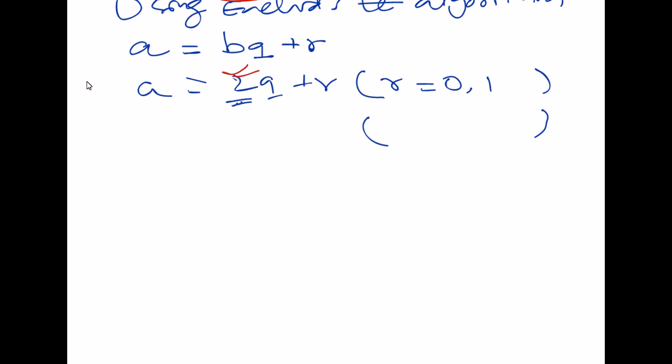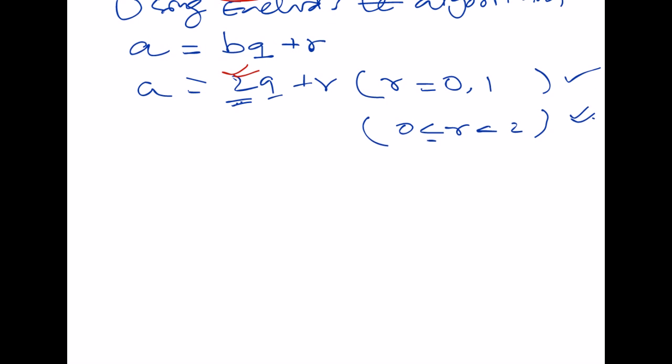Now, what you can write in the next bracket is r greater than or equal to 0 and less than 2. Guys, you have to choose one of these brackets, either this or this, your choice. Whichever you feel easier, you write that here. Now next step, since we have only two remainders,